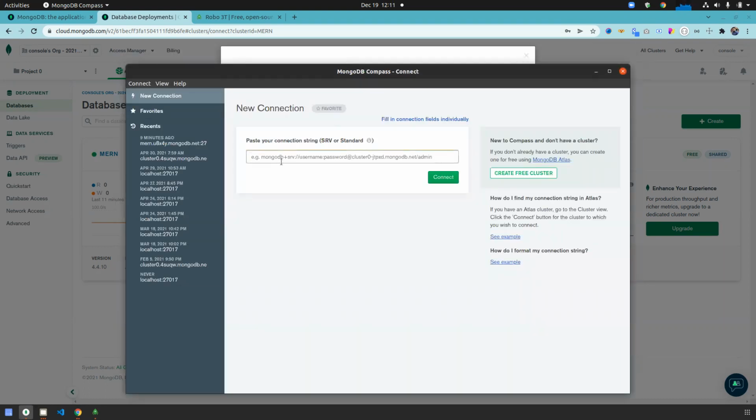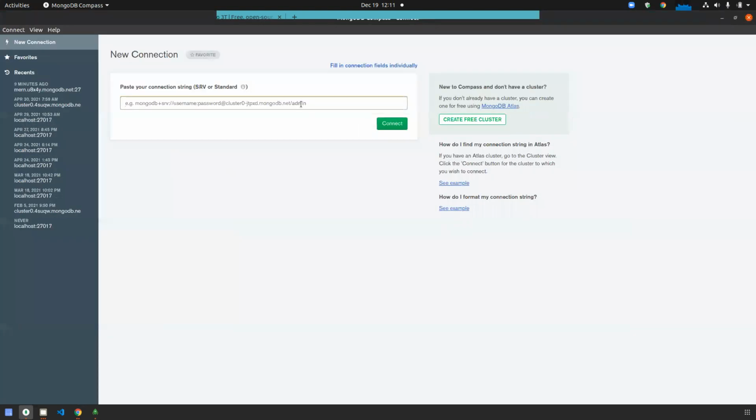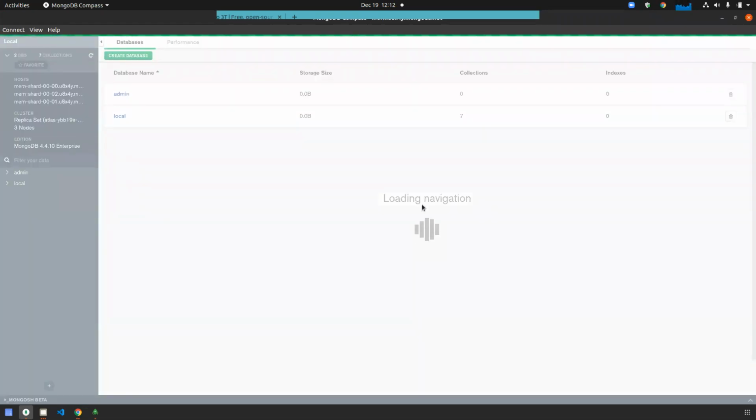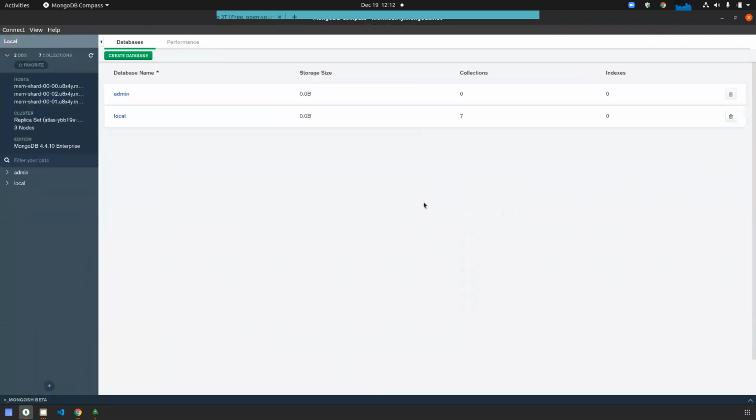Here you need to paste your connection string, that URI. Now hit connect. Okay, it's connected. Got it?